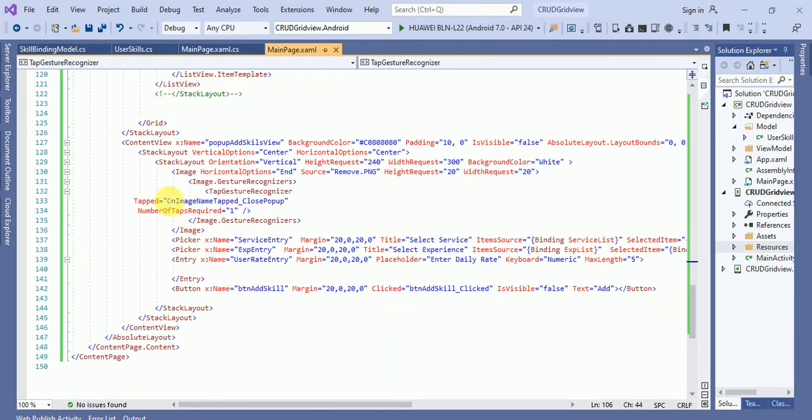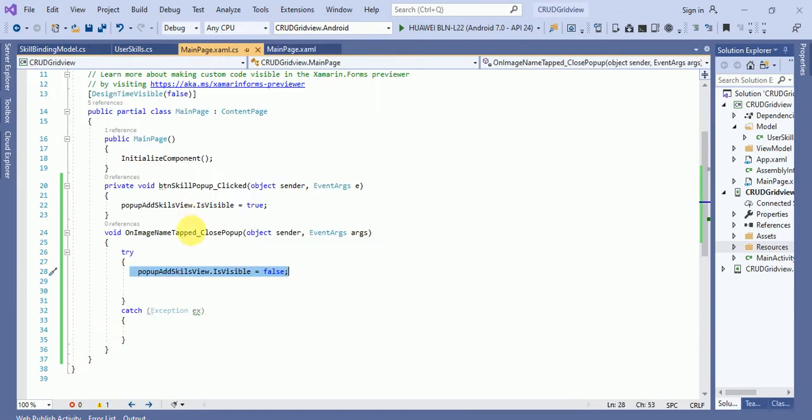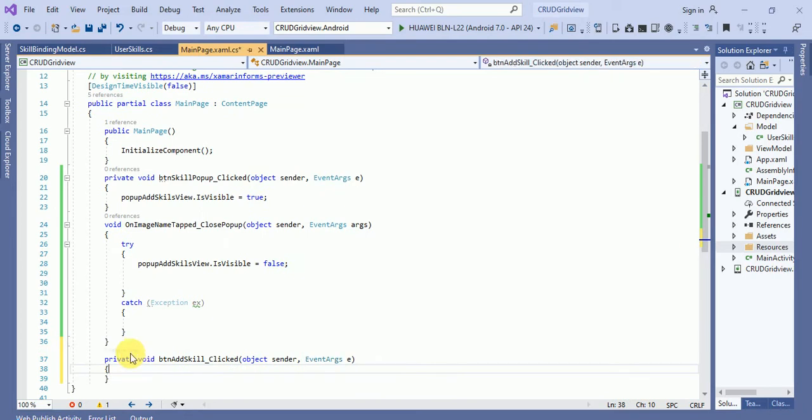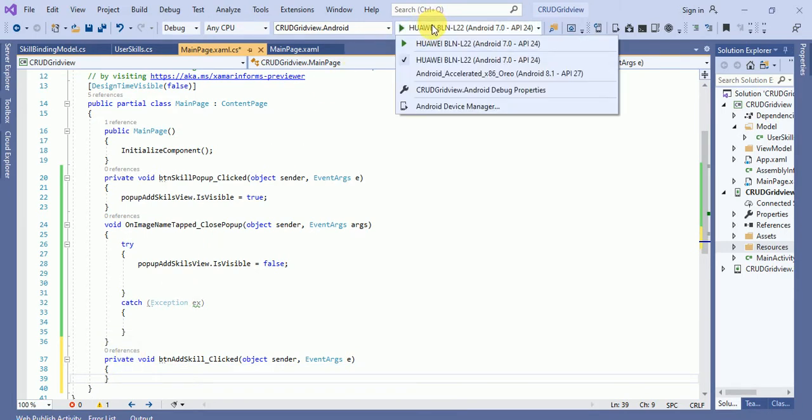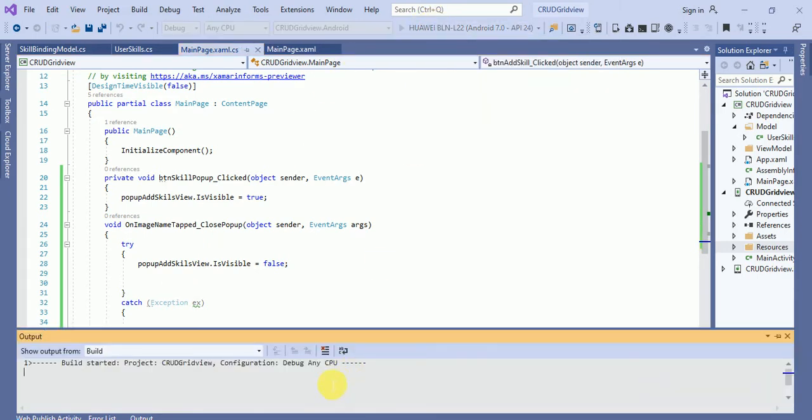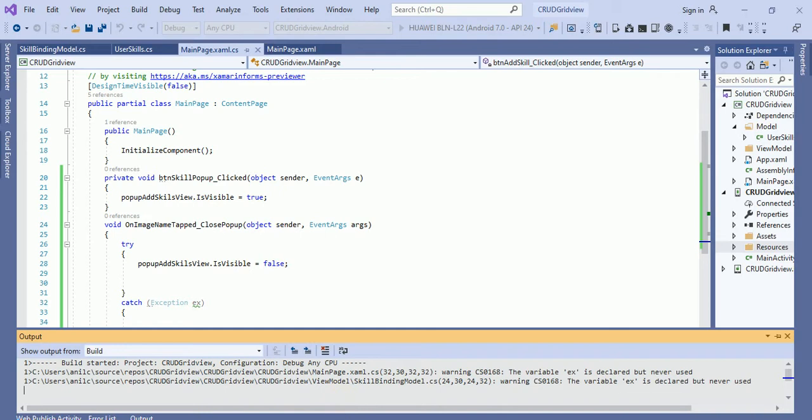So this is our pop-up, and we have one more event handler, btn add skill click. We have to add this event handler in our code.